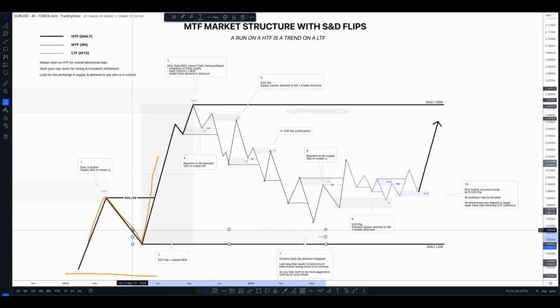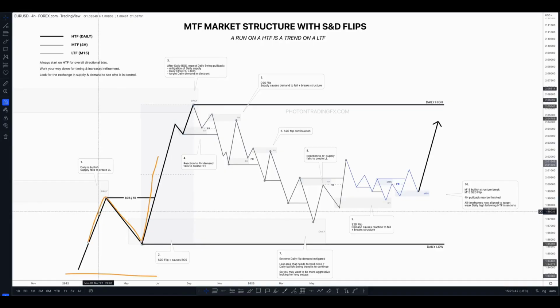And you see how it's the same thing as a structure zone, but if it flips supply like that, then it just becomes a flip as well. And there you go, right? Okay, let me just get rid of these orange lines to keep it relatively clean. Okay, cool. Then we come up into the next daily supply zone, which then initiates the next daily swing pullback